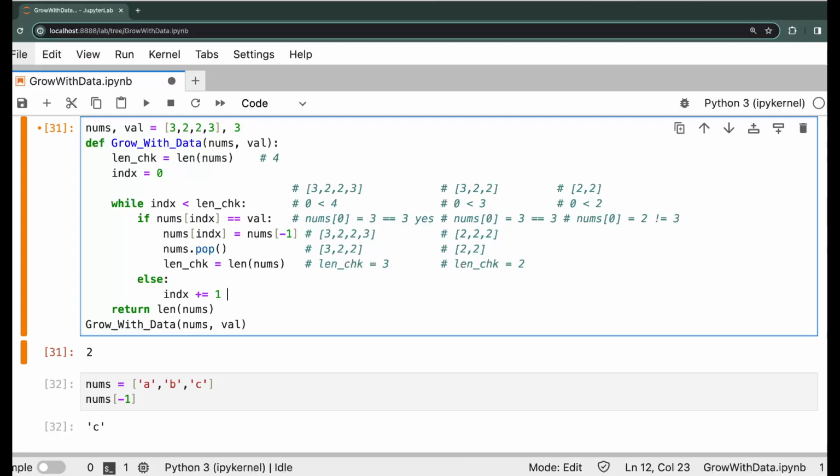Then it goes to the else statement. So in the else statement, it will increment the index by 1. So index equal to 1 now, and our list is again going to be 2, 2, and then our index is 1. So 1 is less than 2. Yes, but here nums of 1 is 2, which is not equal to 3. So it comes to the else statement, and it will say index equal to 2, and it comes here, checks